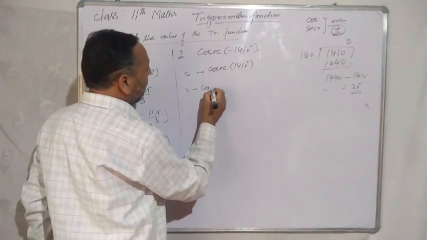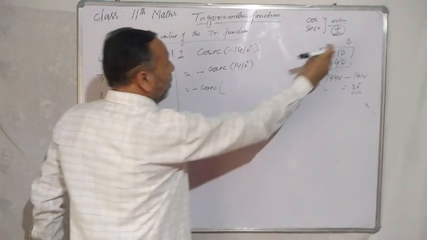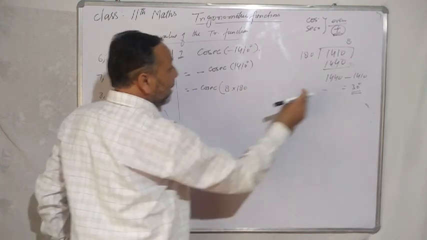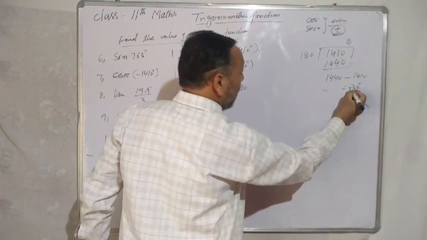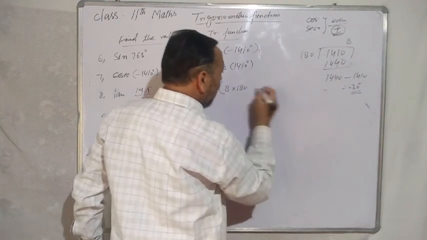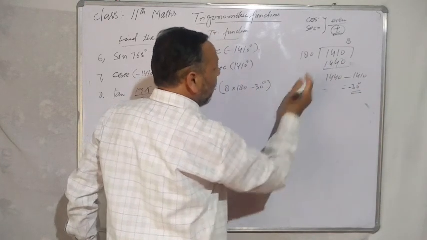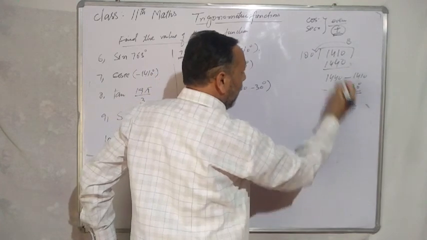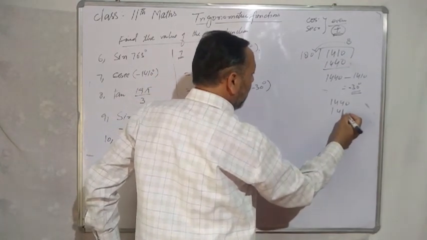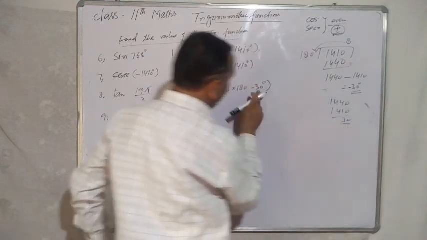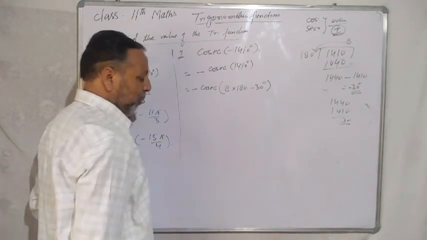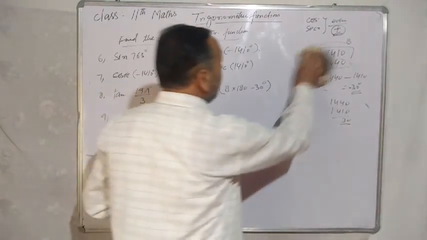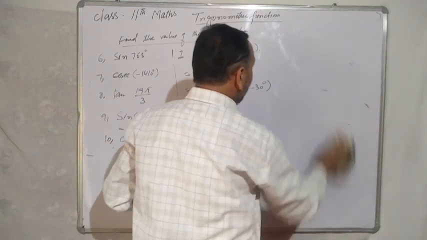यानी इसको मैं ऐसे लिख सकता हूँ, इट इज माइनस कोसेक, माइनस कोसेक 8 इंटू 180, लेकिन यहाँ प्लस 30 की जगह मैं माइनस 30 लिखूंगा, क्योंकि यहाँ मुझे माइनस 30 आए, क्योंकि जब मैं 8 और 180 को मल्टीप्लाई करूंगा मुझे 1440 आएगा। अब इस 1440 से मैं जब 1410 निकालूंगा तो मुझे 30 बचेगा, इसलिए यहाँ -30 होगा। चलो देखते हैं ये किस क्वाड्रेंट में होगा। लेट अस सी इन विच क्वाड्रेंट डज इट लाई।